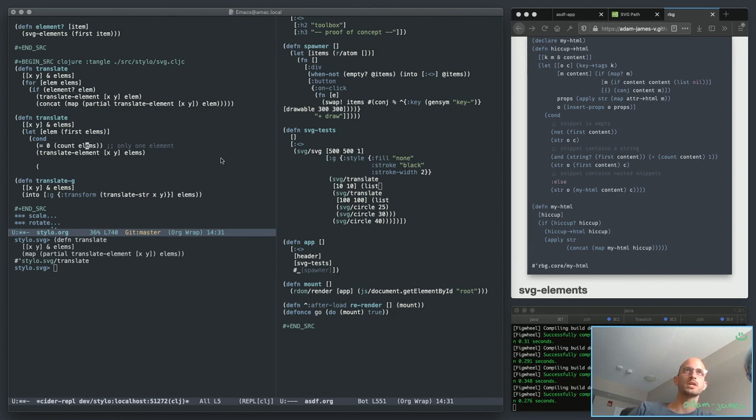Let's change this for a minute, it's equivalent. If the count of rest of elements is 0, then that means you've come to the end of everything, and all you need to do is translate the one element. It's the same thing. But if the count of rest of elements is still greater than 0, then